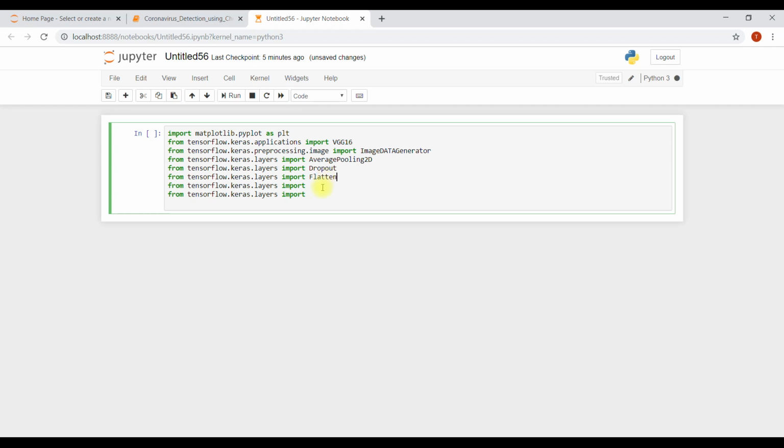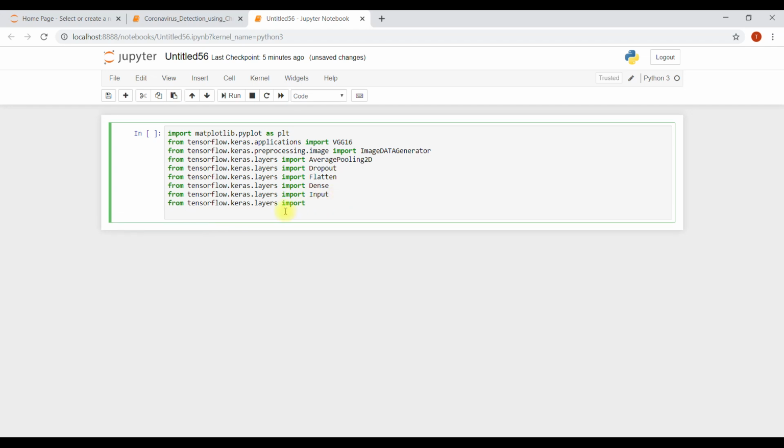Flatten layer, because at the top layer we're going to make our own custom layer. In that pre-trained VGG model, we're going to make our own custom layer. Dense, and we're going to import Input. I'm going to tell you soon what Input is. And from models, import Model. You will see what its use is.